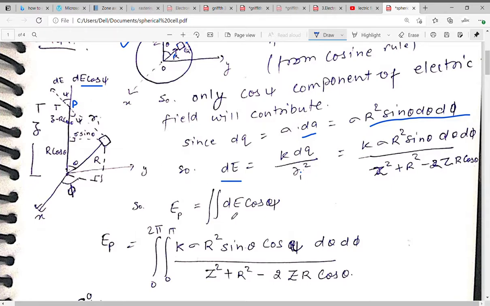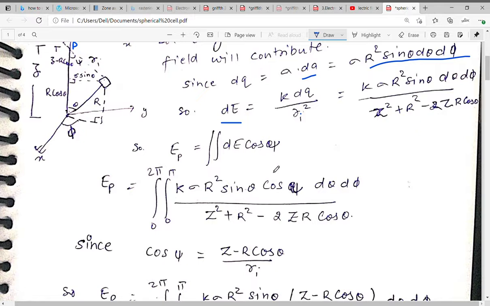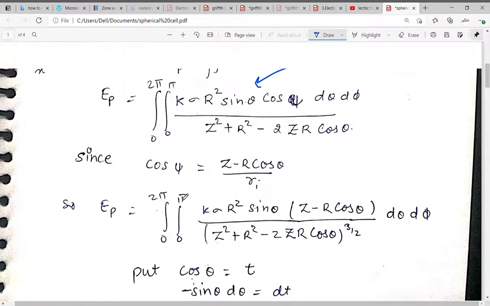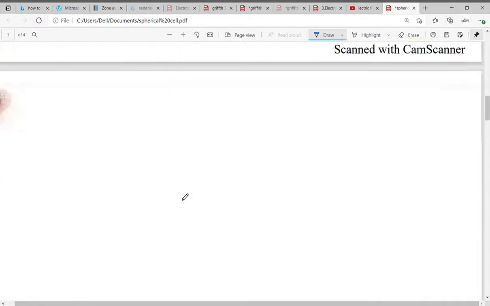This is the P point. So D equals phi, and put this expression in this, cos phi remains same. And since cos phi, what is the cos phi? The cos phi,